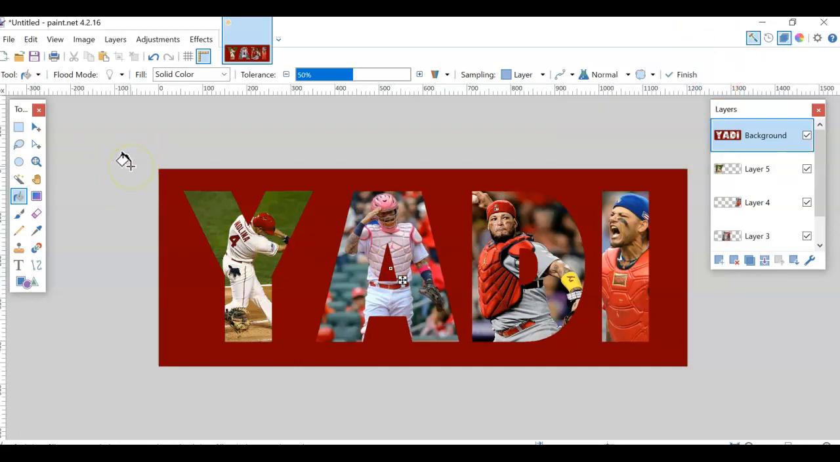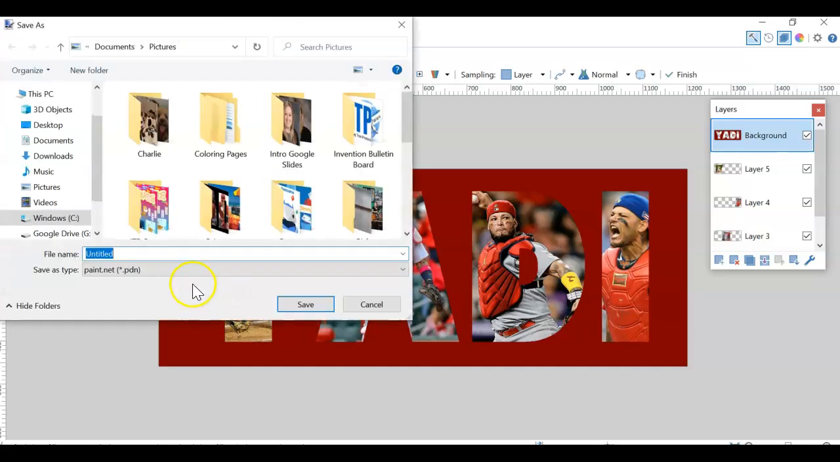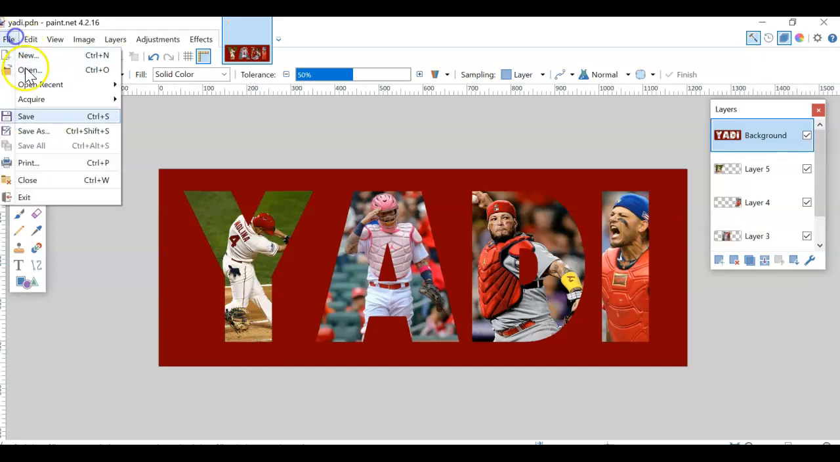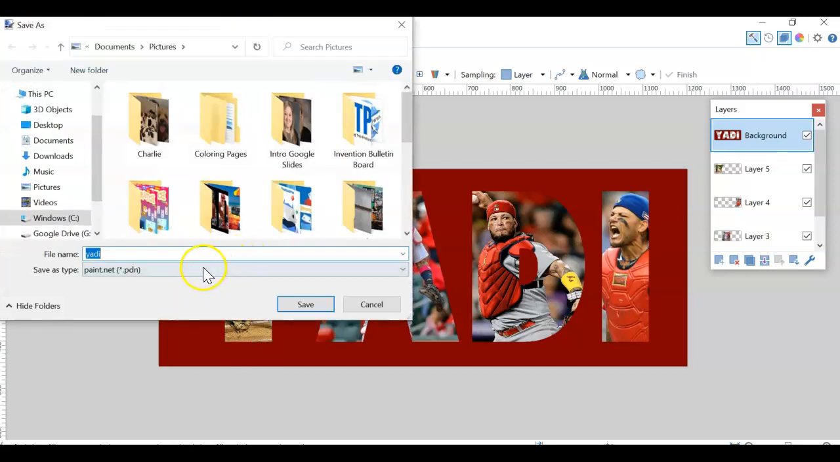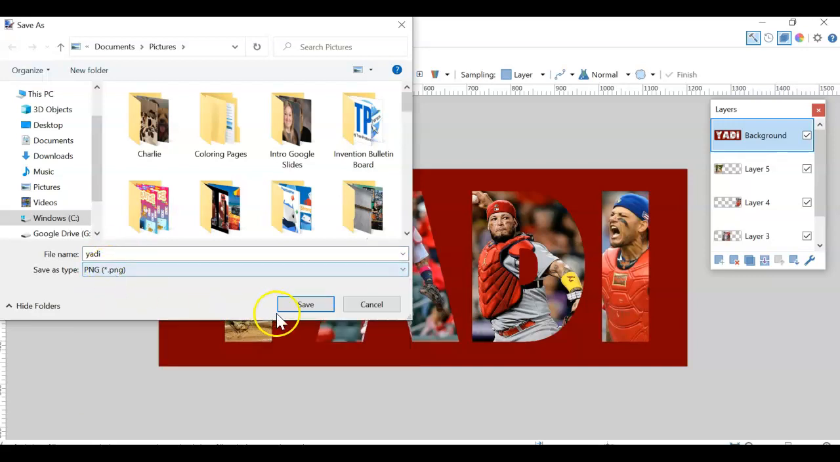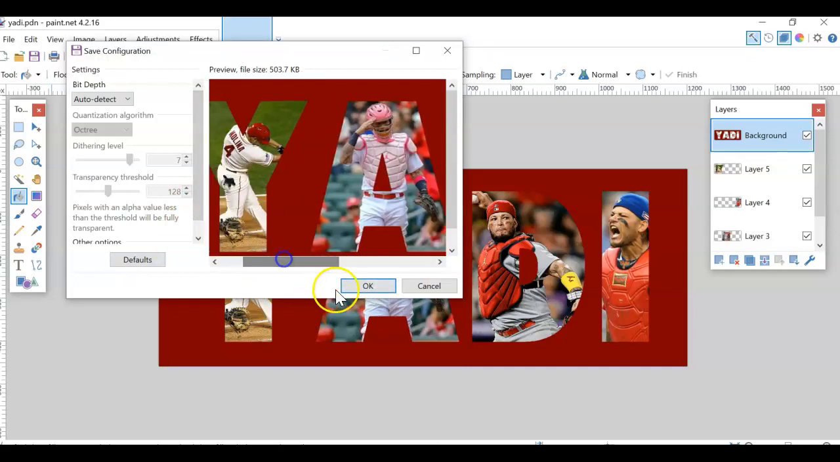And then what I can do is I can go ahead and save this. Because right now it's only a .pdn file, so a Paint.NET file. So I'm going to hit save as. I usually do save a copy of it as a PDN just in case, but in this case, really, I'm not going to do anything else with it. So I'm going to go change this to a PNG. I'm going to save, and it'll show you your image, hit OK,